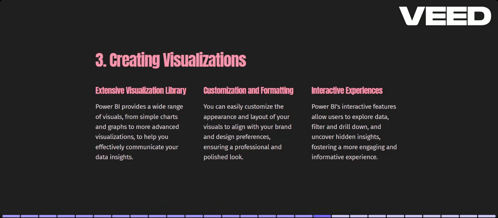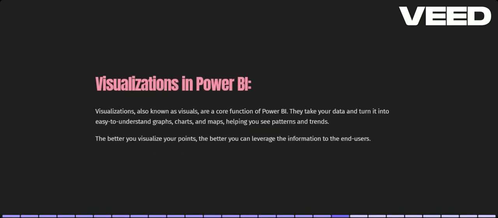So customization and formatting can be done to those visuals, which will create interactive experiences. Like if you hover on one point, that will reflect the data visibility, which will be different. If you want to point on one region, all the cells in that region will be the same. It will be an interactive experience. You will get to know everything in detail if you practice in a practical way. So yeah, let's understand visuals in Power BI.